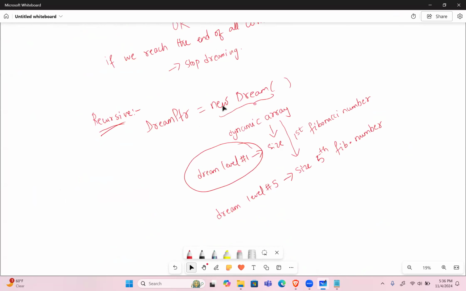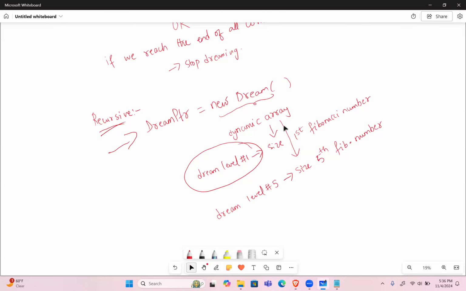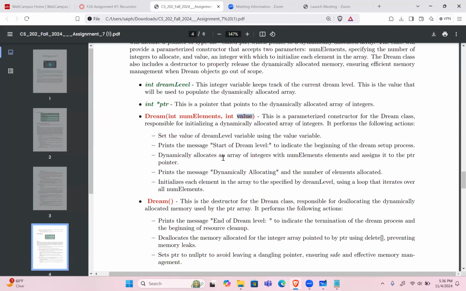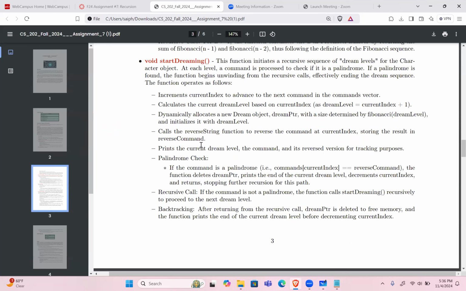Or in the other case, when we are recursing through this function, all we have to do is create a dream object. And remember, the dream object takes two parameters: number of elements, like what should be the number of elements in the dynamic array, and what we should use to populate it. So I have both the descriptions here: dynamically allocate number of elements, and then what should be the value. And inside the function start dreaming, I've given the values. The number of elements should be Fibonacci of dream level, and